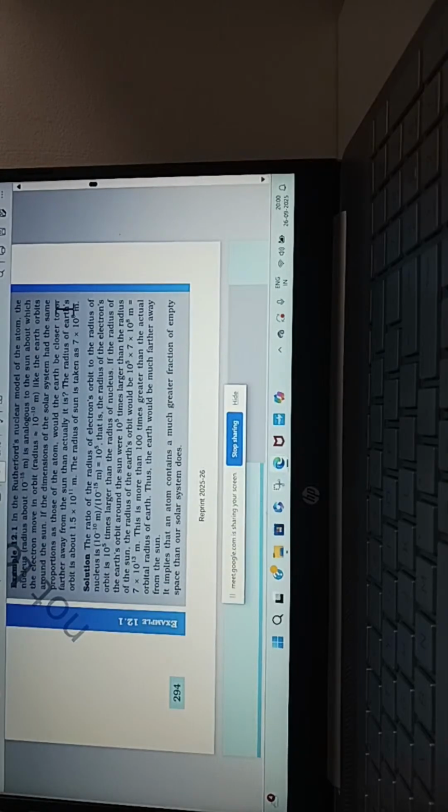First you take the radius of the orbit, that is 10 to the power of minus 10 divided by the size of the nucleus, 10 to the power of minus 15. That will give you a certain ratio value, 10 to the power of 5. Also you take the radius of the earth orbit divided by the radius of the sun. So it will come to 10 to the power of 3 approximately. We are not going for the exact picture but approximately. So it will become